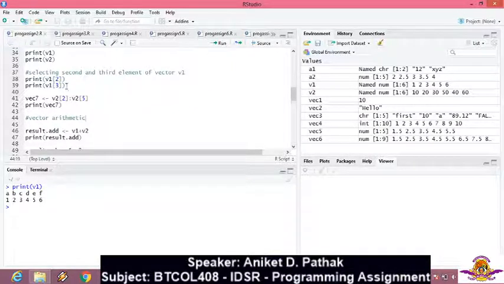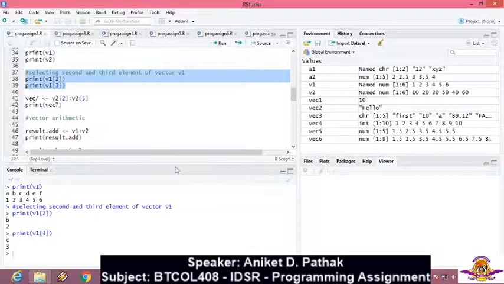Now let's execute these two statements. What will it give me? So it gives me the second value, which is given the B position, that is 2. The third value, which is given the third position. So you can print the entire vector, or you can do a selective part in printing that vector. Now let's see whether we can print the values from a particular index to a particular index. For example, for 6 values, if we can print the values of 2, 3 and 4, whether it is possible.